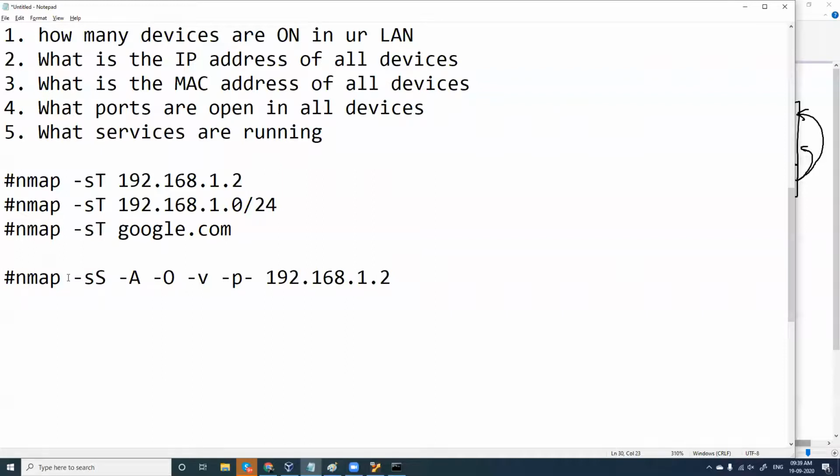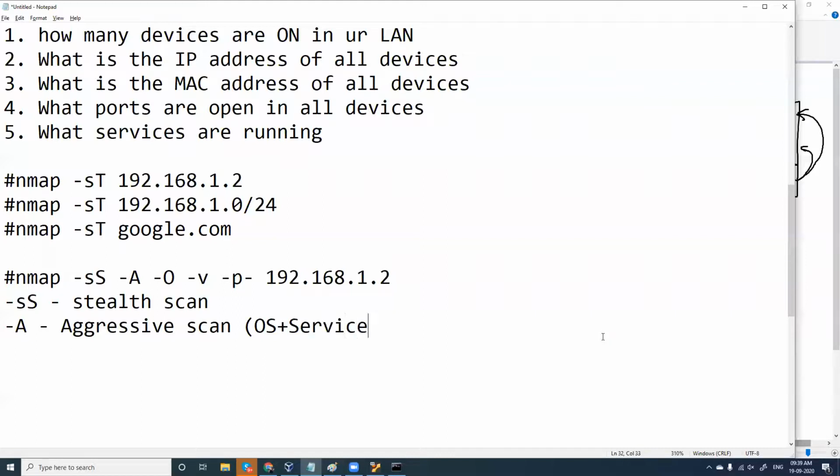All these options have different meanings. -sS is stealth scan. -A is aggressive scan, which does 3 things: OS detection, service detection, and it also gives you traceroute, finding the path.